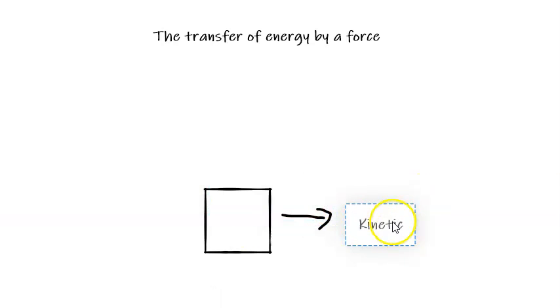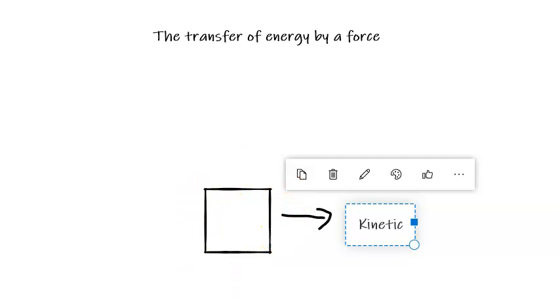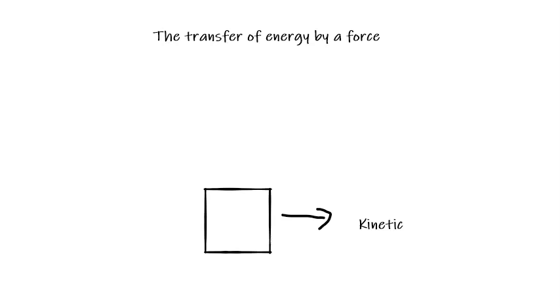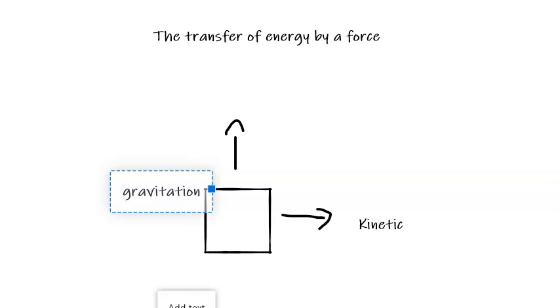Another way that we could transfer energy to this box is the other form of energy that we've learnt how to calculate during this topic, which is gravitational potential energy. So if we were to apply a force in the vertical upwards direction, then we would be able to increase the gravitational potential energy